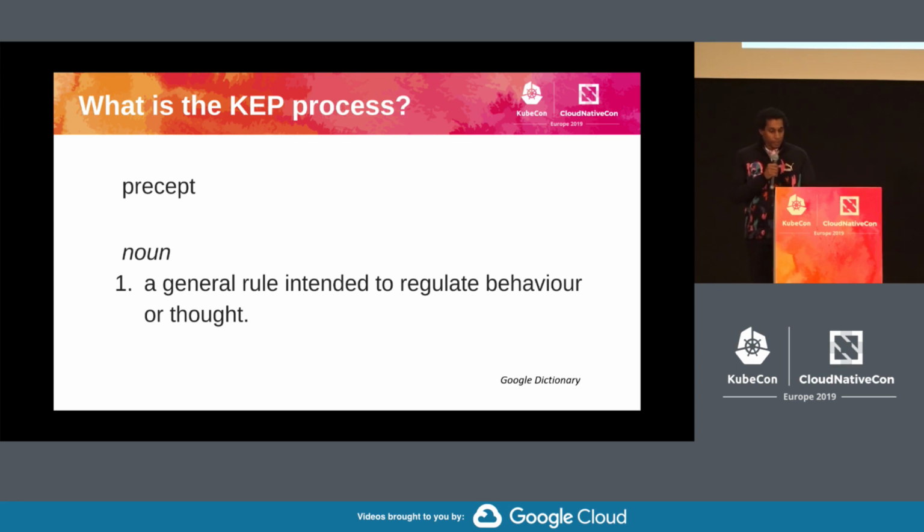So precept. There's a definition on the slide there, general rule. But really, at least I think about it as a way of thinking. What are the questions you should be asking yourself when you're thinking about shipping a large enhancement to Kubernetes? It's just a kind of guideline to help you surface common problems we've experienced in the community. We certainly are not, I guess, treading brand new ground. We stand on the shoulders of giants.